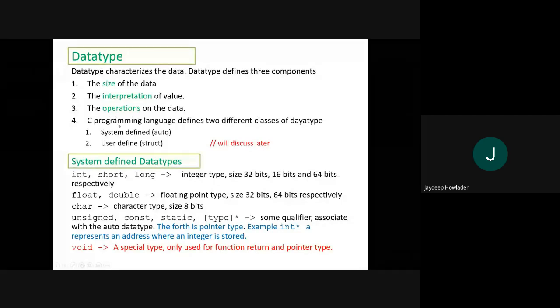Then there is a set of operations that can be applied on the data, so every data type is associated with some defined set of operations. For example, consider the exponentiation operation. We don't have any exponentiation operator in the C programming language.